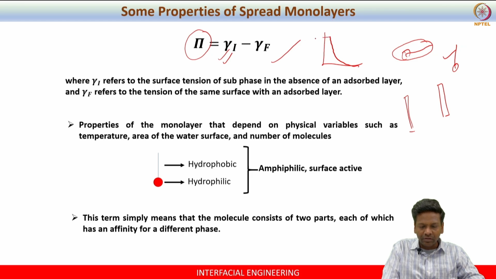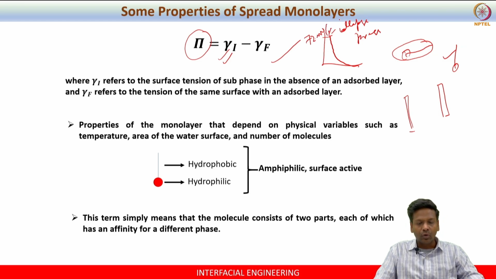So this point is nothing but your collapse pressure, and most likely you will reach this state, that is 72 millinewton per meter, if you go up to the collapse pressure, because there is no further change in the surface tension when you reach a point of maximum compression, after which there will be no change in this component. So you will see that the surface pressure is the same as the surface tension measured in the absence of monolayer, right?